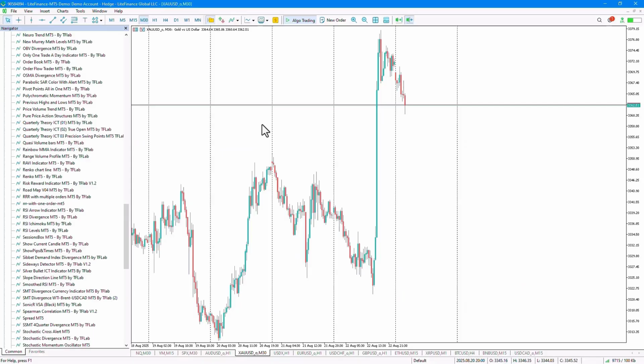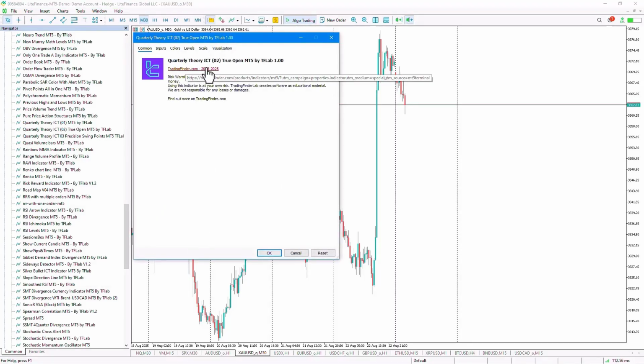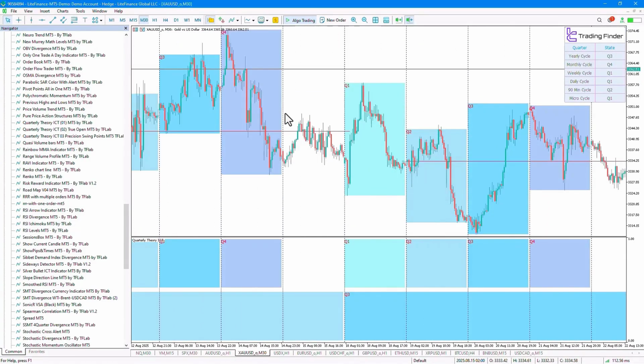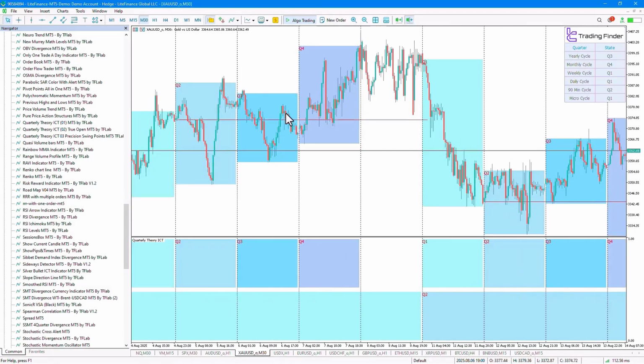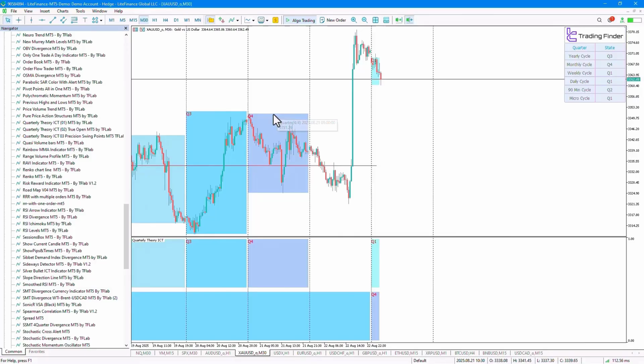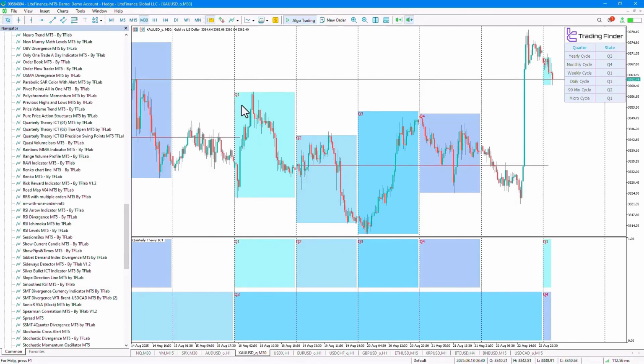From the Navigator section, you should carefully select the desired indicator file and then precisely drag it onto the main chart area in order to effectively run and activate the indicator. Once the indicator is running on the chart, it begins to identify and display the quarterly zones on the price chart. The Quarterly Theory ICT indicator is a special and advanced tool for traders who use the ICT style, allowing